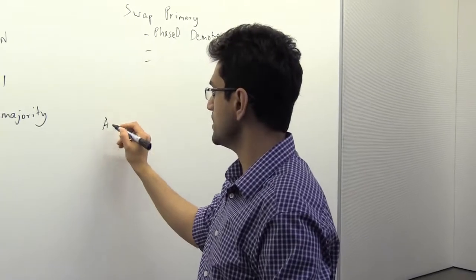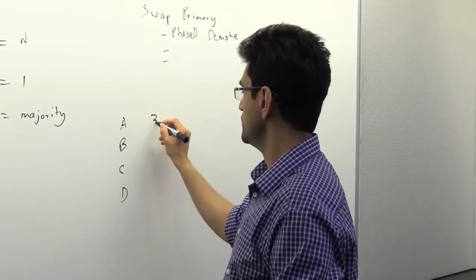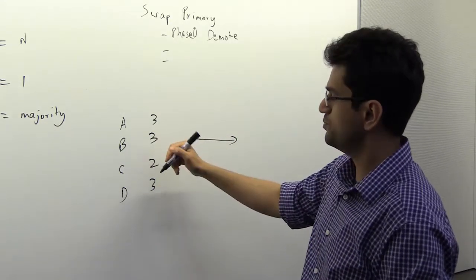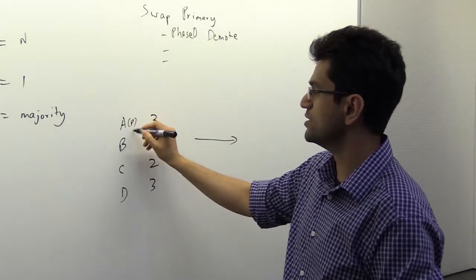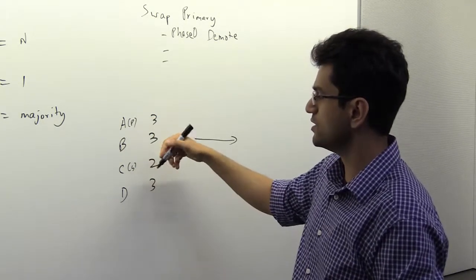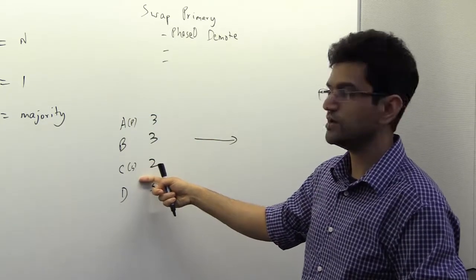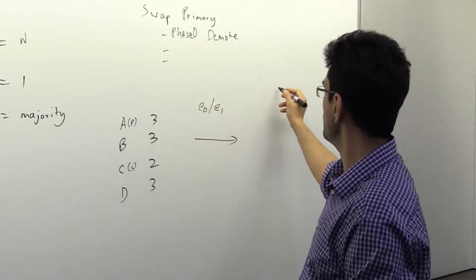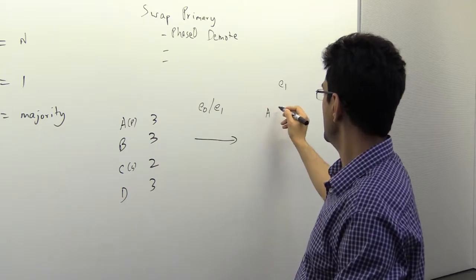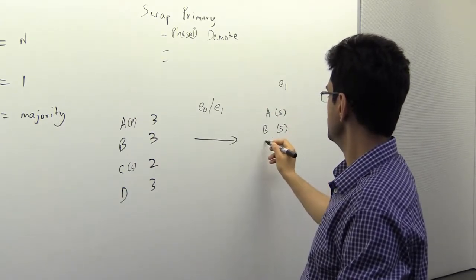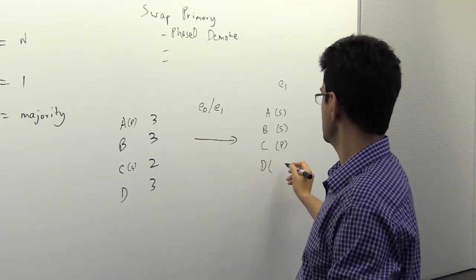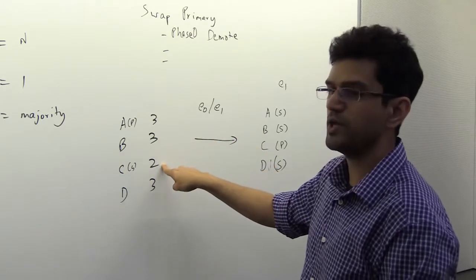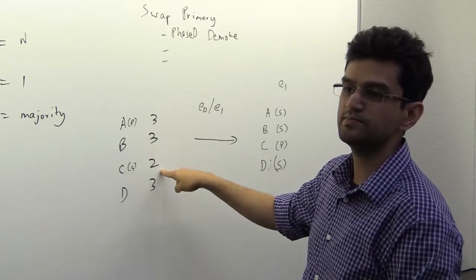So if you were to go back to that example, you have 3, 3, 2, and 3, and you say move primary from A to C. Let's say this guy was the primary, and everyone else is a secondary. In the new epoch, you want to go to a new world where A is a secondary, B is still secondary, C is the new primary, and D is still a secondary. The first thing that's going to happen is A is going to make sure C has 3.